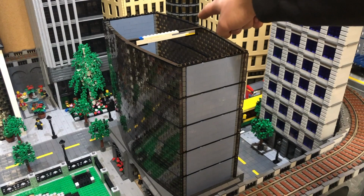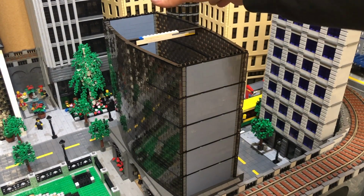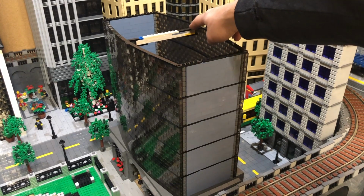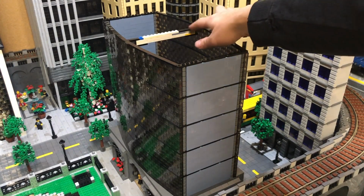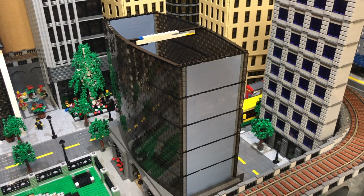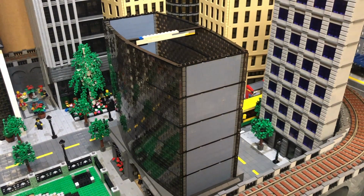I did have to put a support piece, which I'm going to have to kind of modify. I'm going to have to figure this out when I put on the roof. I need a smaller black plate. I think I had a bunch of 1x4 black tiles, not plates. I'm going to have to swap that out and then put a 1x4 plate behind it, just that way I have the plates all the way up to there, and then it'll be easier for doing